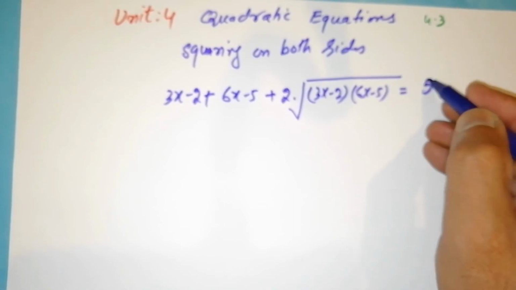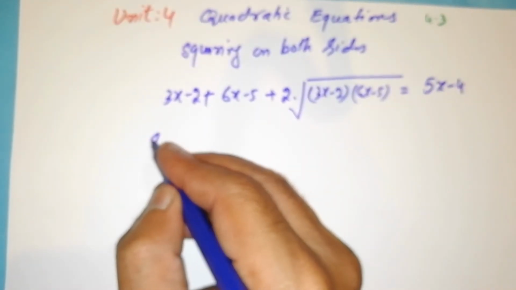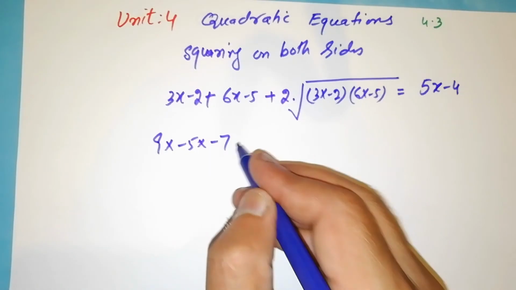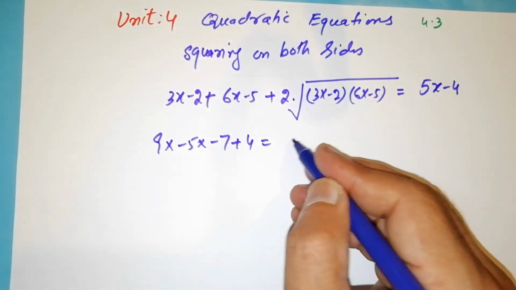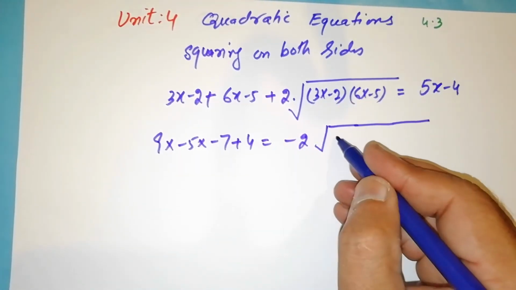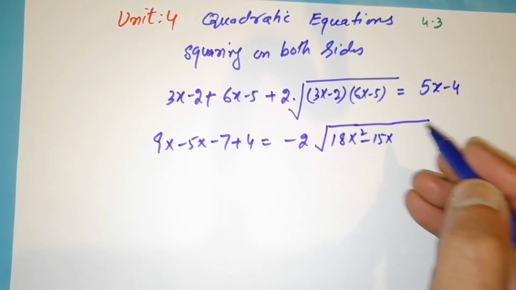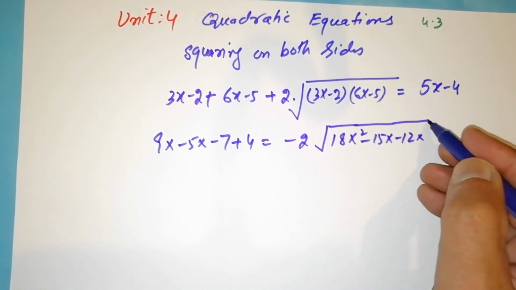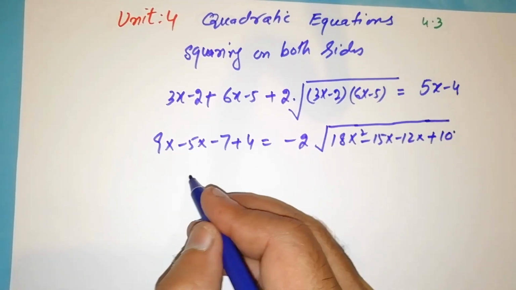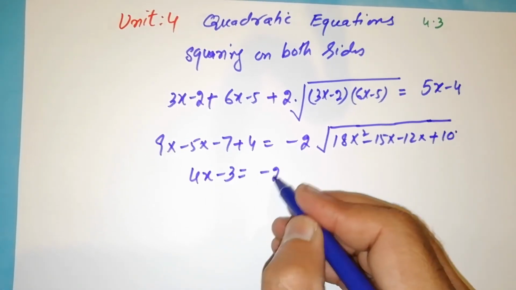This is equal to 5x minus 4. Therefore 9x minus 5x minus 7 plus 4, this is equal to minus 2. Taking it to the right hand side, that is 18x square minus 15x minus 12x plus 10. So students, see here 4x minus 3, this is equal to minus 2,